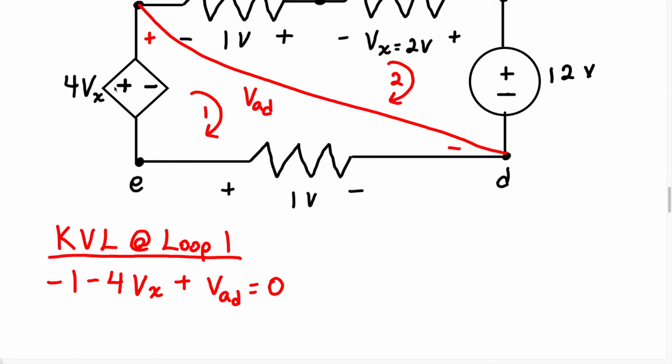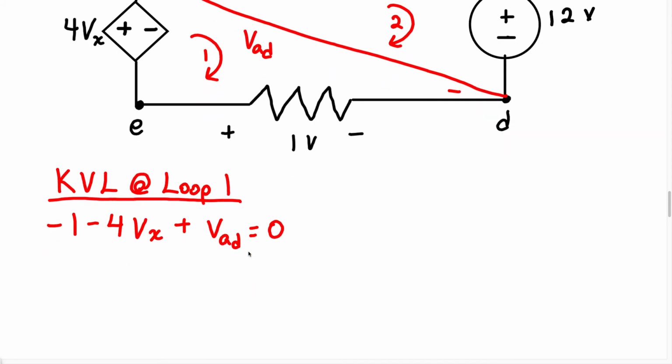And we know this is a voltage dependent voltage source. So we need to know the value of Vx to find the value of this source. Now when we look at this circuit, they actually give us the value of Vx. They tell us that Vx equals 2 volts. Therefore, everywhere we see Vx, we can just write 2 volts. So in our equation now, we can simplify this to be negative 1 minus 4. Instead of Vx, we're actually going to write 2, plus VAD